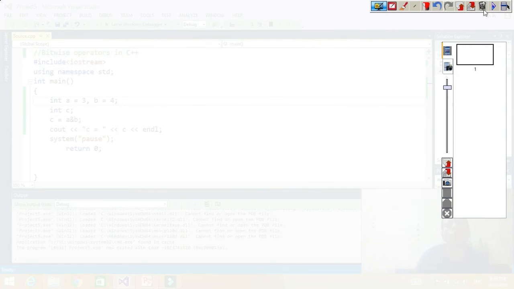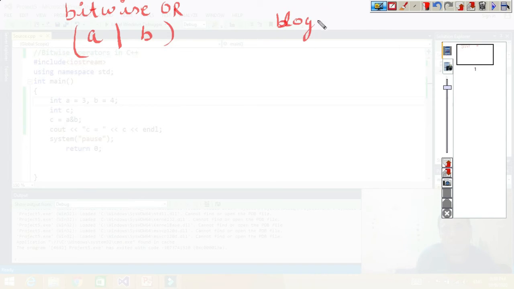Bitwise OR is the same as bitwise AND, the only thing is we represent it with a different symbol. Sorry, this is bitwise OR, and we know what logical OR is. So in place of logical OR, bitwise OR performs the OR operation on every bit.